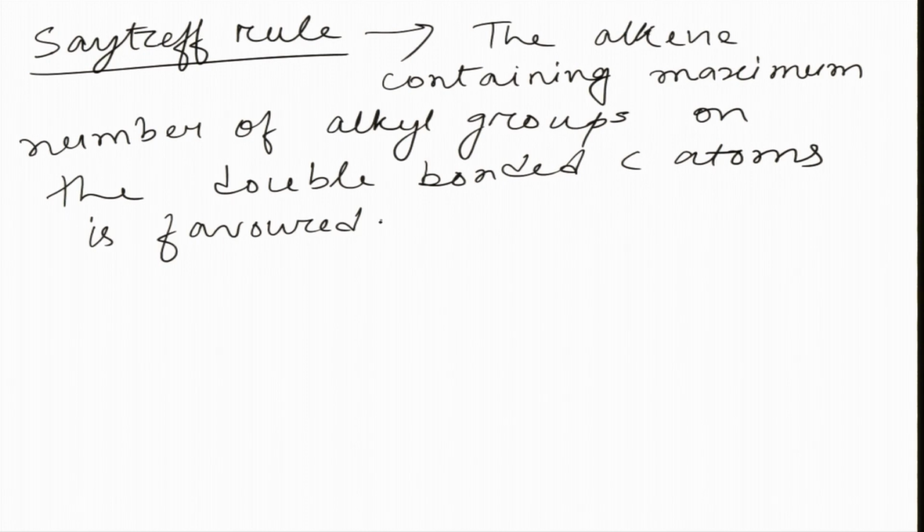Okay. That is, the alkene containing the maximum number of alkyl groups on the double bonded carbon atom is